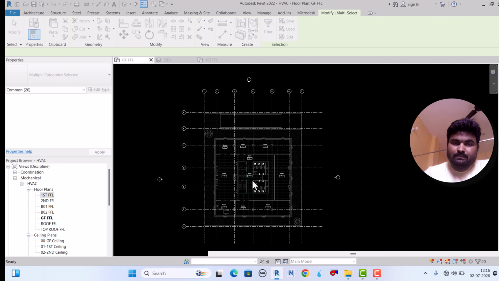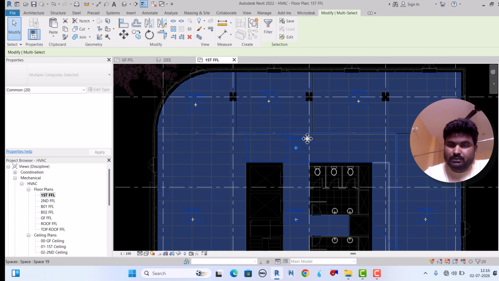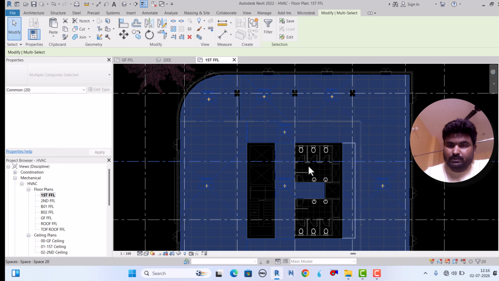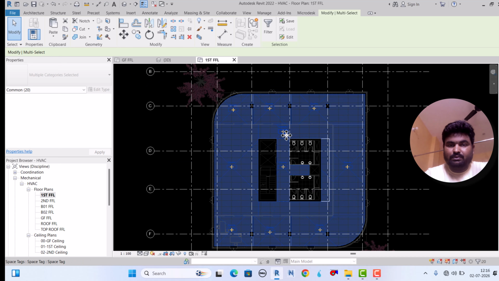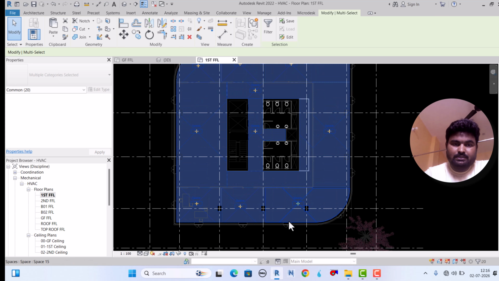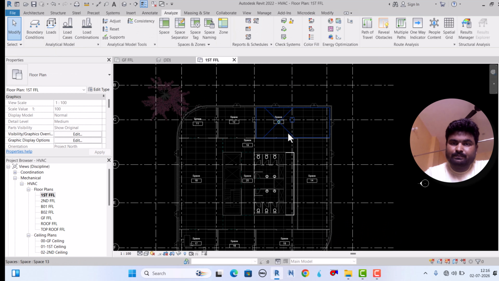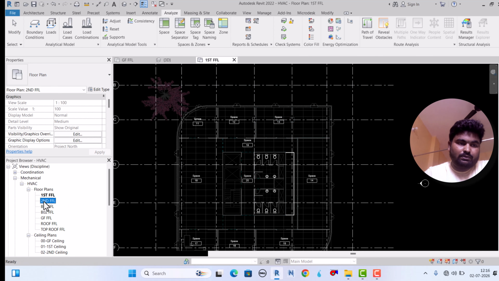Okay, so if I go to first floor, see here it is tagged automatically because I copied from the ground floor, because it is typical. Ground floor and first floor are almost typical. This is the reason it sits perfectly. Okay, here perfectly. Now for second floor,